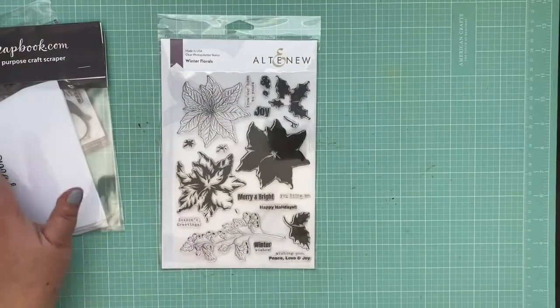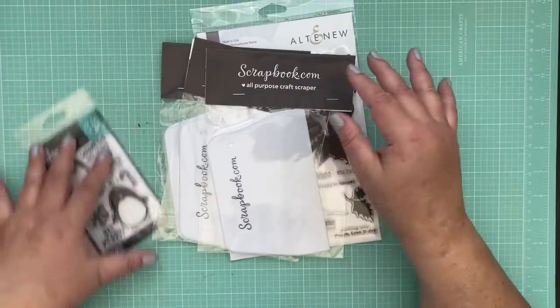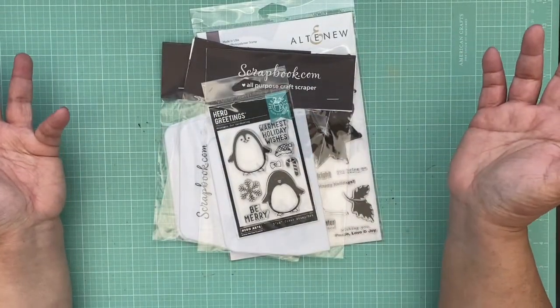So this is my small haul. It's not a huge haul anymore because, well, guys, I've been buying a lot from scrapbook.com. Anyway, guys, I hope you enjoyed my small-ish haul,